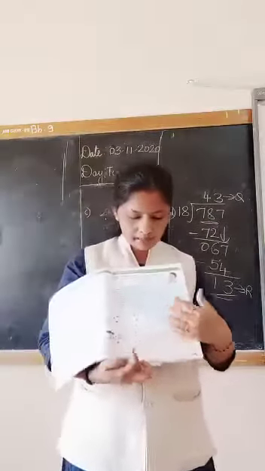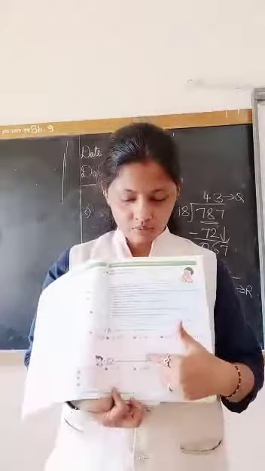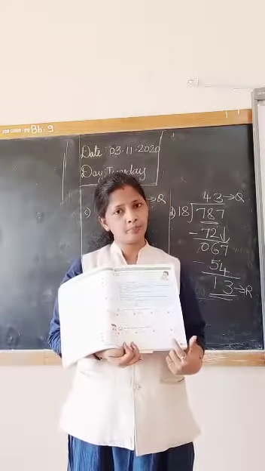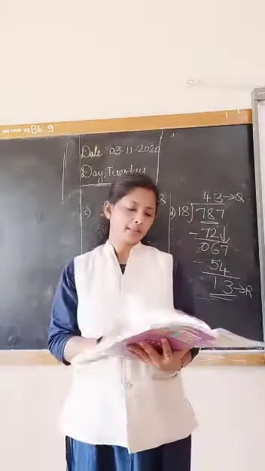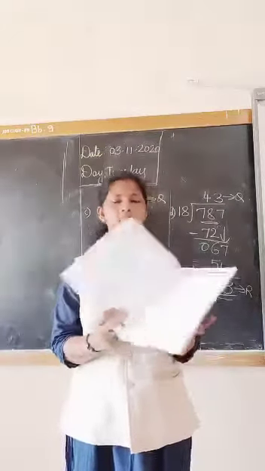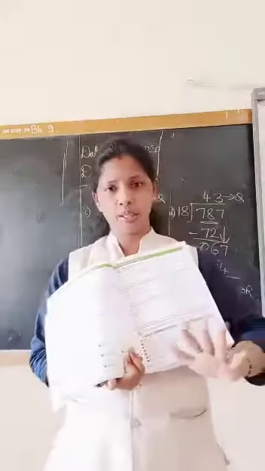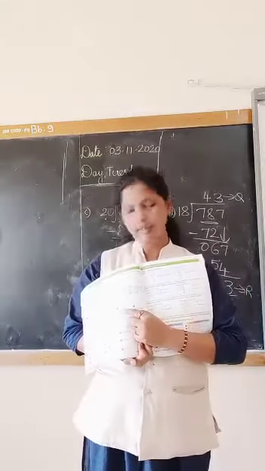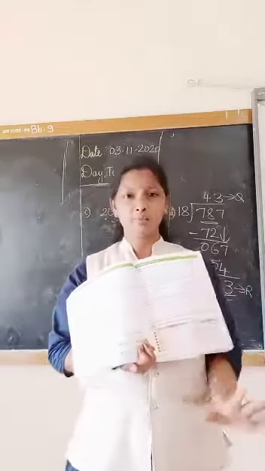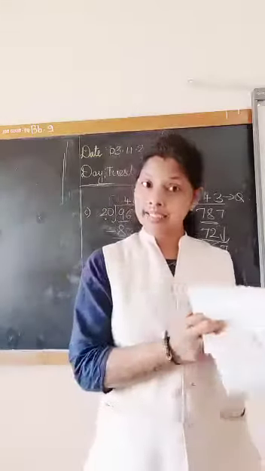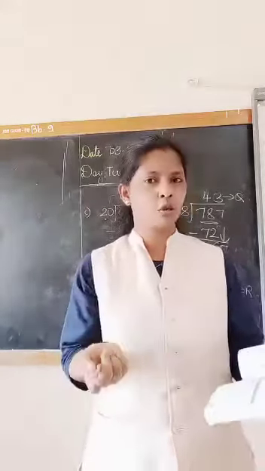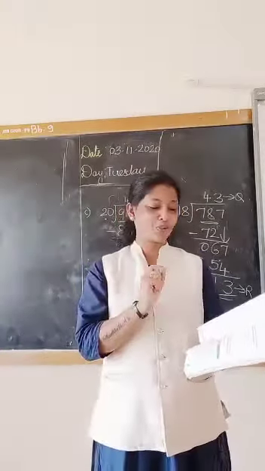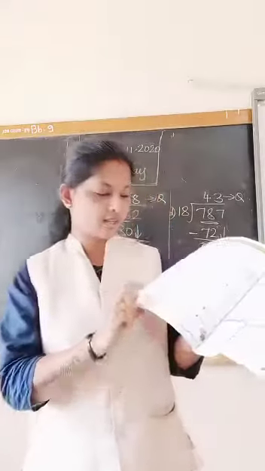Now we have completed this main in the textbook. The next main is homework. Please open your textbook and note down your HW. And on the next page, again 4 problems are there. Not today. Next class I'll give it as homework. Again this is the same, but the only difference is that here in the dividend there are 4 digits. But the method is the same. So in the next class I will solve that and I may give it to you as homework.